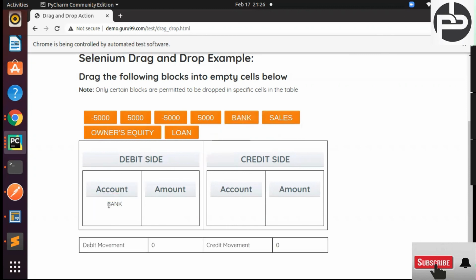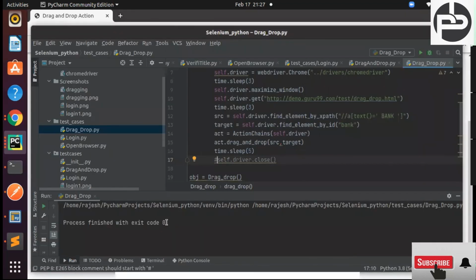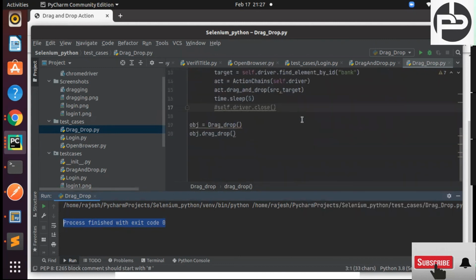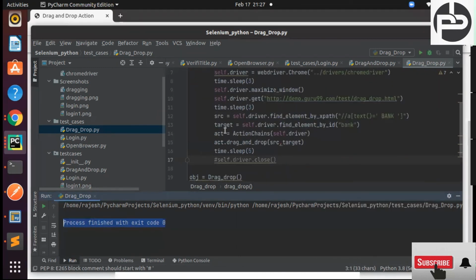So now you can see it got dragged and dropped inside of this, right? That's the status code here, 0. So this is the thing: drag and drop we have learned, and there are many things in the action class.